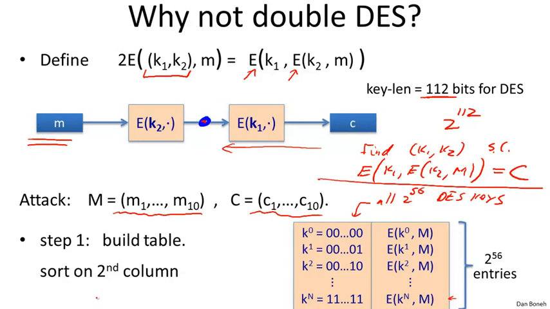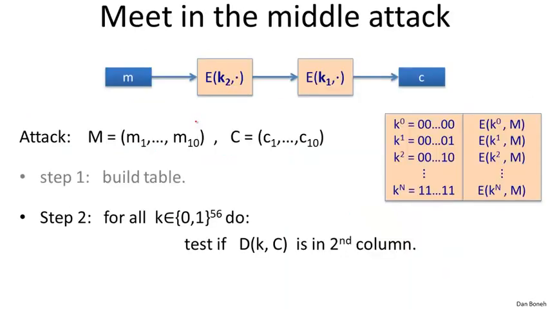So by the way, building this table takes time 2 to the 56, and I guess we also want to sort. Sorting takes n log n time, so it's 2 to the 56 times log 2 to the 56. Okay, so now that we have this table, we've essentially built all possible values in the forward direction for this midpoint. Now what we're going to do is this meet in the middle attack, where now we try to go